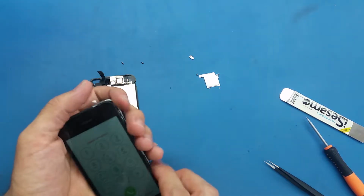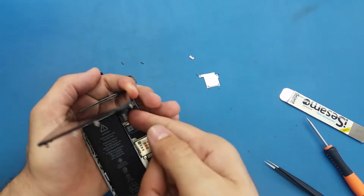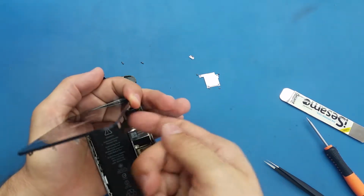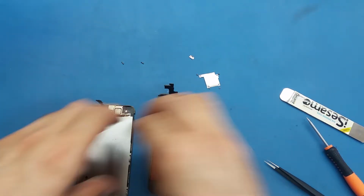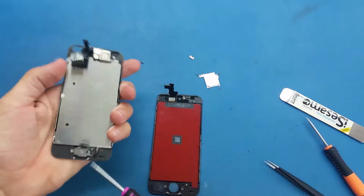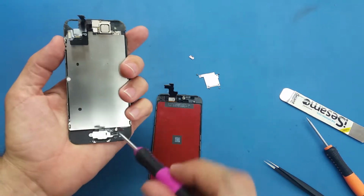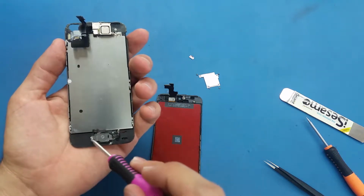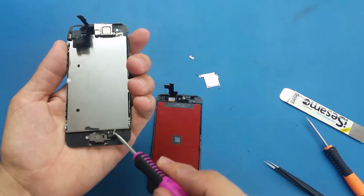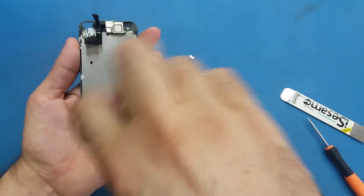Alright, so what I'm going to do now, I will turn the light off and disconnect these cables, and I will start transferring the components from here to here. We have the home button here. We're gonna disconnect this home button first. So the home button has, let's say, 2 screws plus another screw here which is holding this cable. So I will start with this screw here,